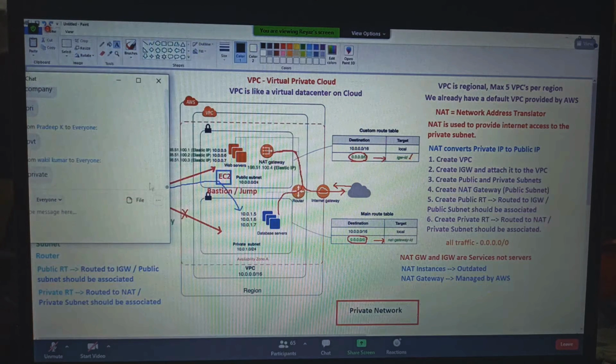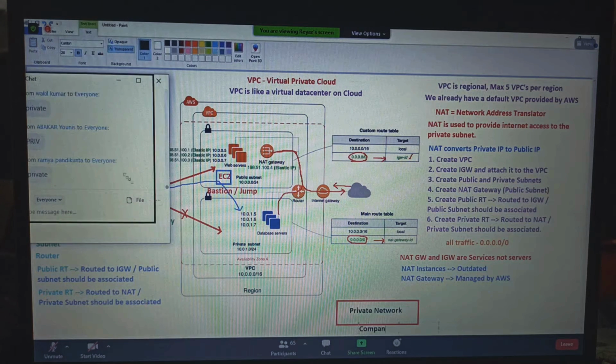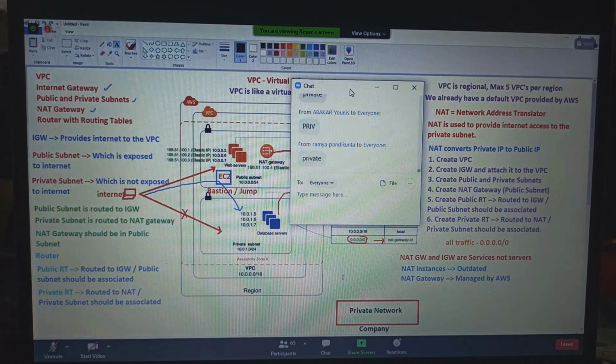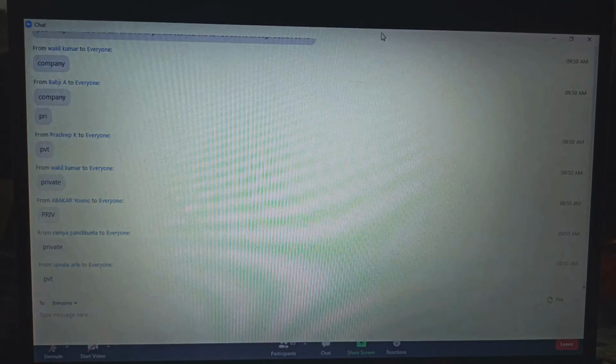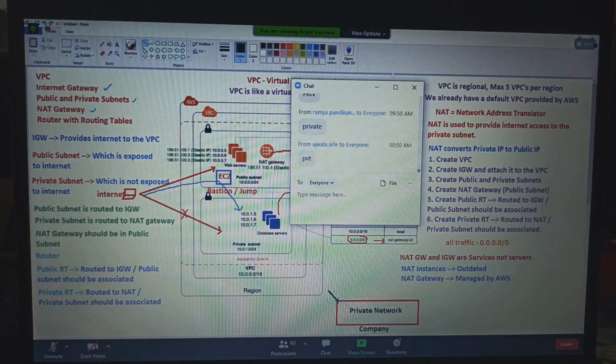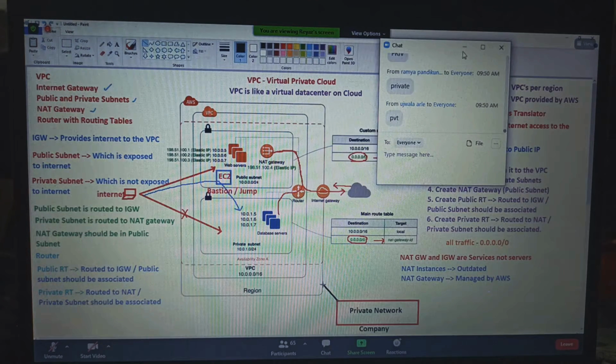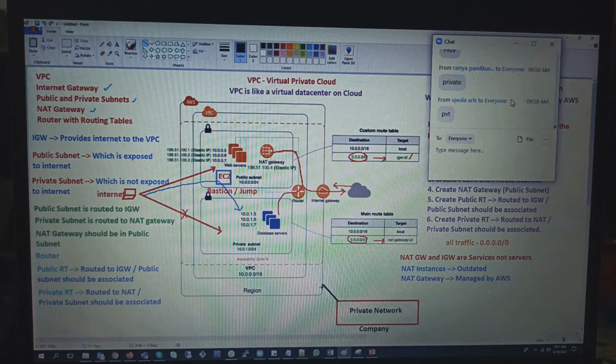Private network, right? So usually you will be sitting inside the company, and from the company you will be connecting to the AWS. Yes or no? How do you connect to the AWS from your company?